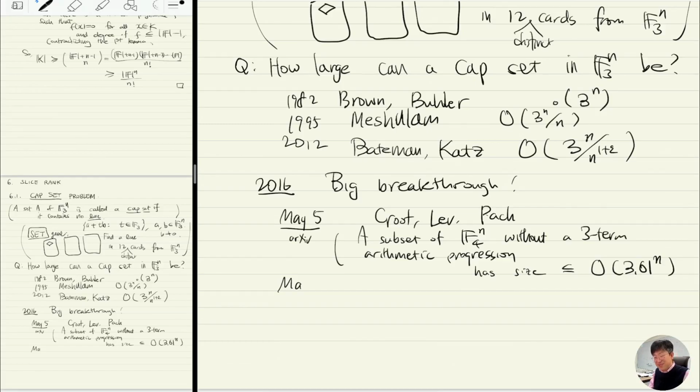So arXiv is a website where people post manuscripts, which are not even refereed, right? So the first draft is usually on arXiv. It's not really checked, but that's the place where, as soon as I prove some paper and it's ready to be submitted, I will post it on arXiv so that people can see. And then on May 12th,